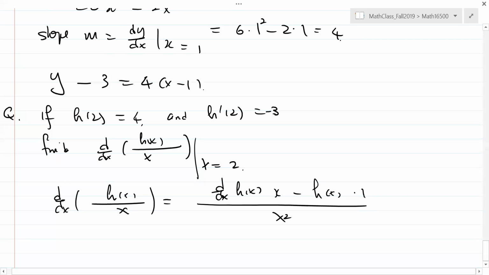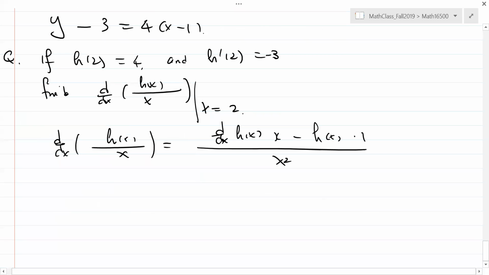Right? Then what? We're trying to simplify a little. So you get h prime x times x, and this side is just x squared h of x. Divide separately, that's okay. You can put them together or separate, it doesn't matter. So now when x equals 2,